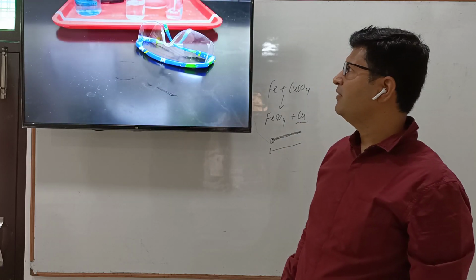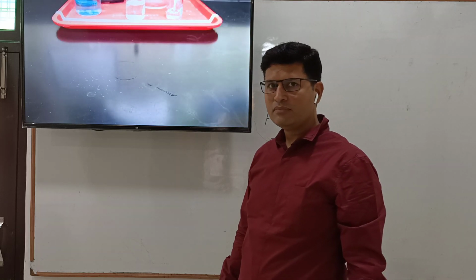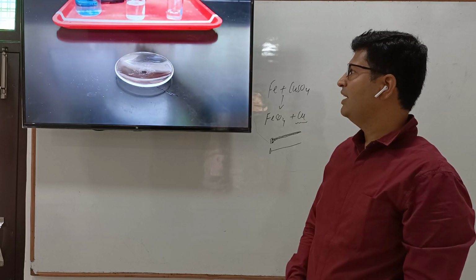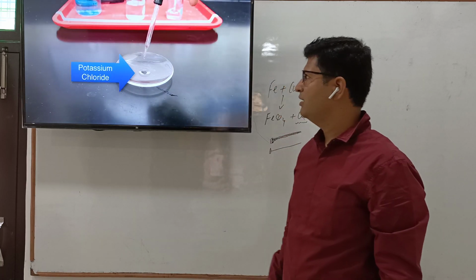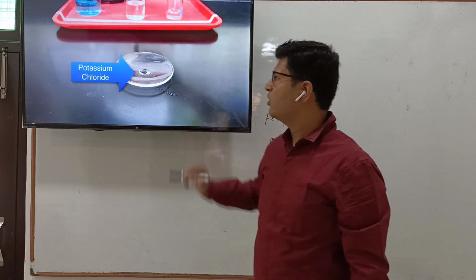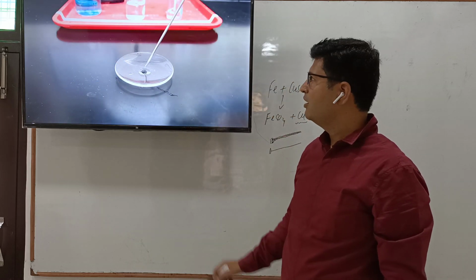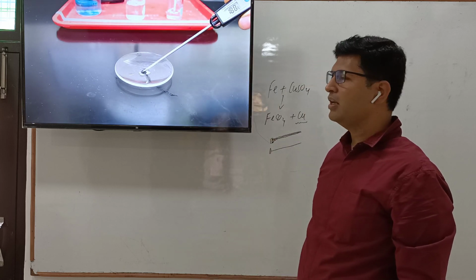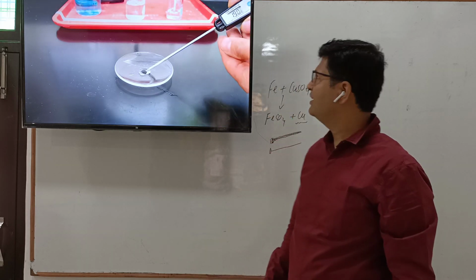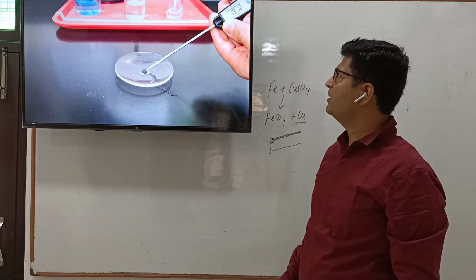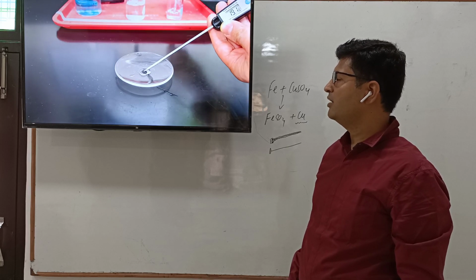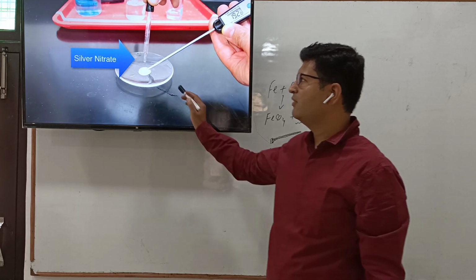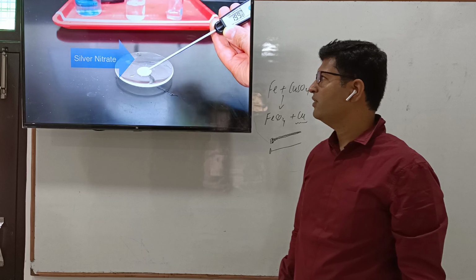Now in another activity, we will see a kind of chemical change. What kind of chemical change are we observing? Let us take a glass beaker, and we take a freshly prepared potassium chloride solution, and in the potassium chloride we will observe the temperature. It must be at room temperature, nearly 19 degrees Celsius, at a standard temperature, with the help of the thermometer. As we observe the temperature, now we add a few drops of silver nitrate.